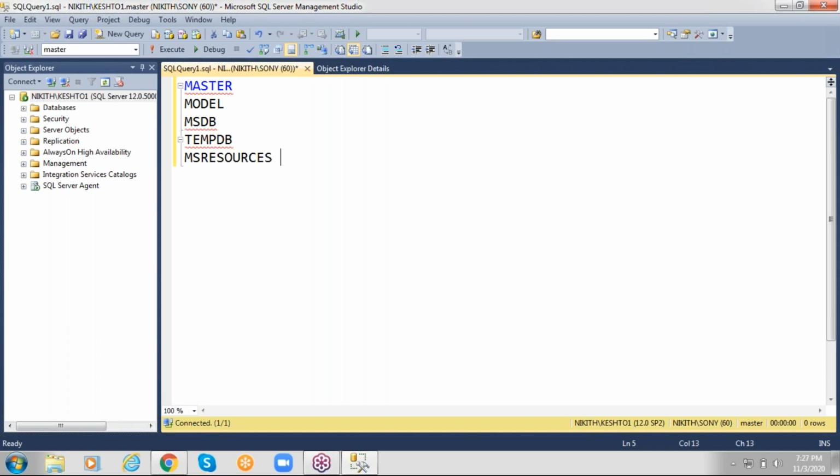Then TempDB. TempDB contains temporary data and intermediate result sets. For example, you are working with some production server. There is some production database. That means users will perform operations, right?